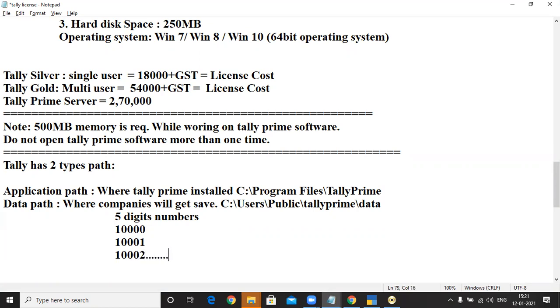Like that, it will keep on moving up to 99999, which is the maximum number. So 99,999 companies can be created using the same path.